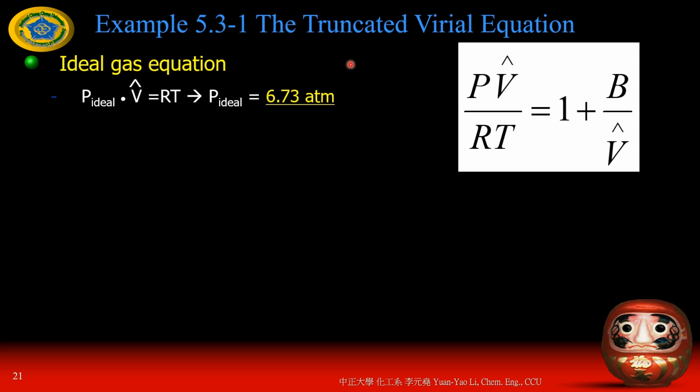Okay, so please work with me on page 175, Example 5.3-1. Are you with me? Yes? Okay, anyway. 2 gram moles of nitrogen is placed in a 3-liter tank at minus